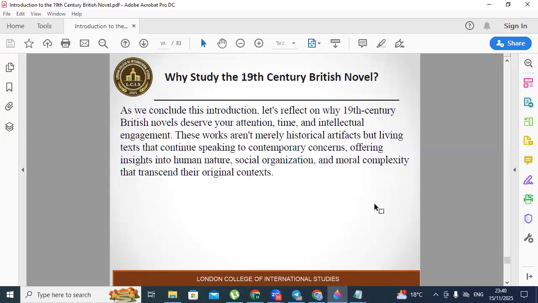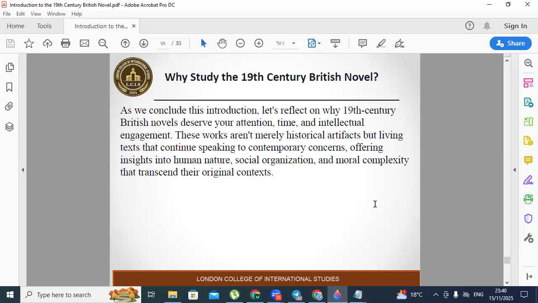Why study the 19th century British novel? As we conclude this introduction, let's reflect on why 19th century British novels deserve your attention, time, and intellectual engagement. These works aren't merely historical artifacts, but living texts that continue speaking to contemporary concerns, offering insights into human nature, social organization, and moral complexity that